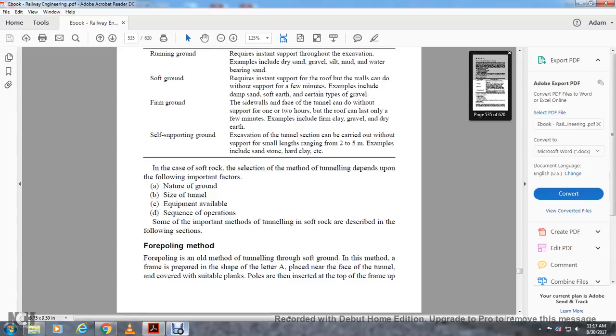In the case of soft rock, the selection of the tunneling method depends on the following important factors: nature of the ground, size of the tunnel, equipment available, sequence of operations. Some of the important methods of tunneling in soft rock are described in the following section. Forepoling method. Forepoling is the oldest method of tunneling through soft ground, and